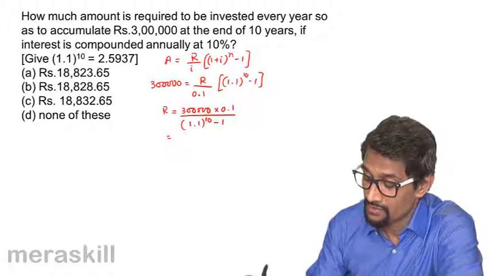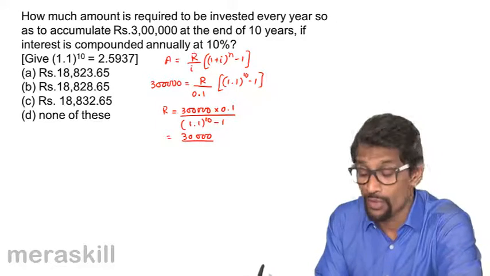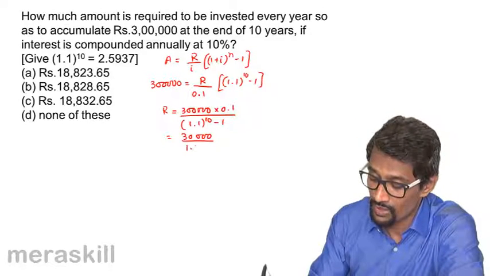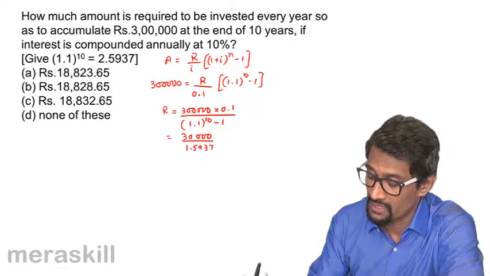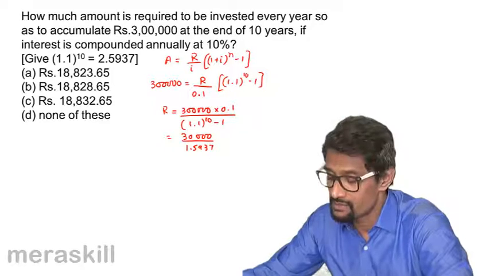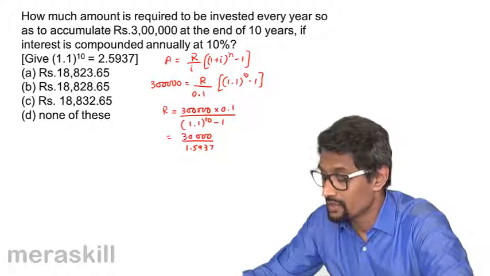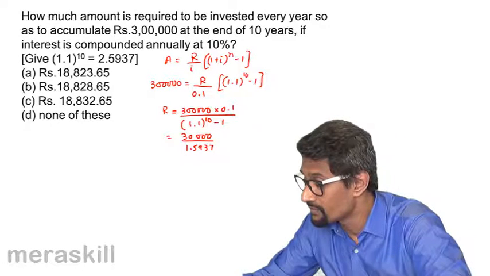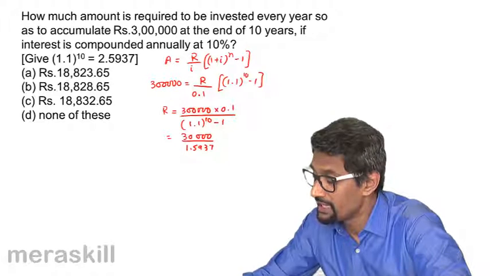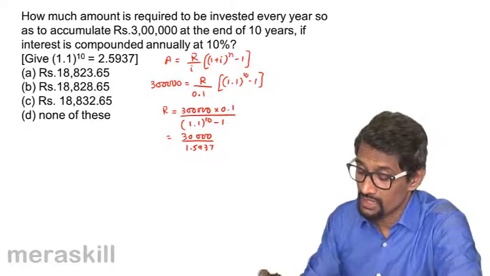This turns out to be 30,000 divided by 2.5937 minus 1, that is 1.5937. Wherever it is not essential, when values like these are given, you can minimize the usage of the calculator. 30,000 divided by 1.5937 turns out to be